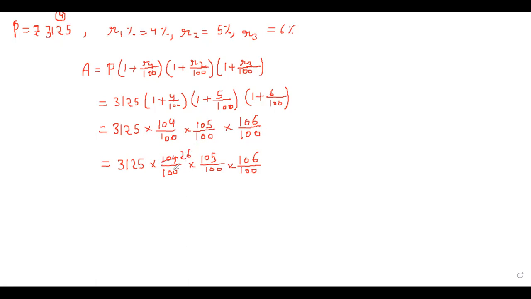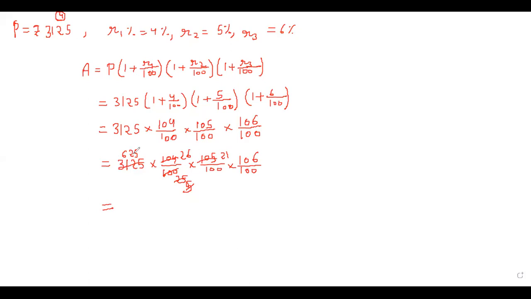Now you can cancel. 26 for the 25 for the 100. 25 ones are 25. Or you can use this also, that 5 5s are 25, 21 5s are 100. Now divide 3125 by 5. So it is 625. Again, 100 is also divisible, but don't divide it by 100 as there are 4 zeros. So we will apply the decimal after 4 digits. So first multiply 625 into 26.